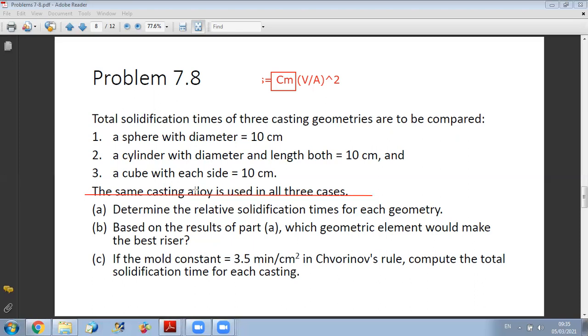So first, we will compare V over A for the three shapes. In case we obtain different V over A, then we will select the riser with the highest solidification time. In case we obtain equal V over A, then the best riser will be the one with the lowest volume to minimize it. Okay? To start with,